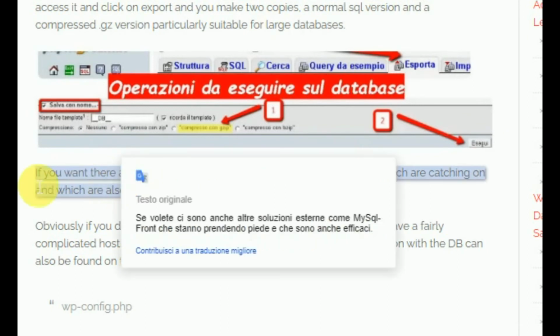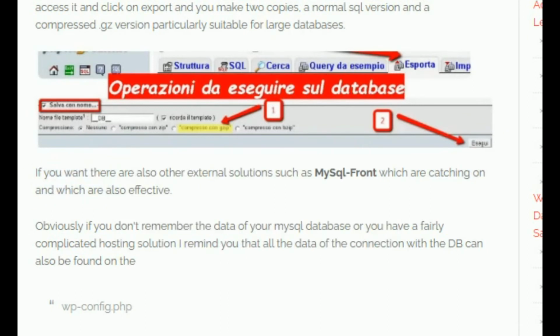If you want, there are also other external solutions such as the software MySQL front. Obviously, if you don't remember the data of your MySQL database or you have a fairly complicated hosting solution, I remind you that all the data of the connection with the DB can also be found in the files